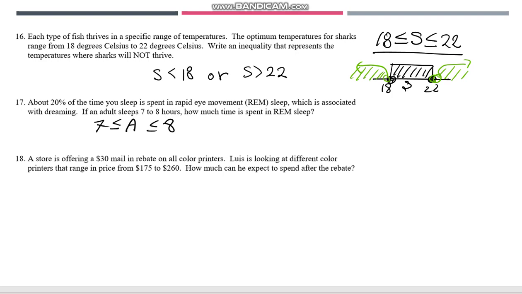Therefore, all you need to multiply over here is 0.2 to each side. Then if you multiply 0.2, because it's 20%, right? Then it's going to be 1.4, 0.28, and then 0.2 times 8 is 1.6. Therefore, the answer is